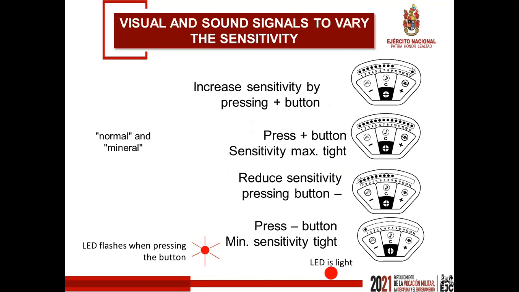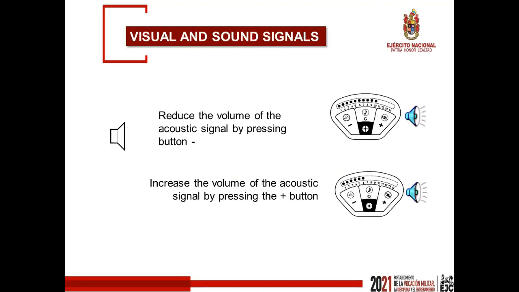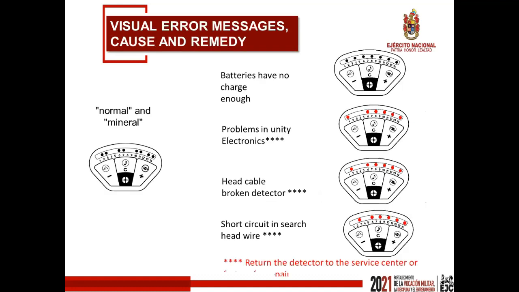Visual and sound signals to vary the sensibility when pressing the button plus and button less, the visual and sound signals when we need to reduce or increase the volume, pressing the button plus or button less, the visual error messages when the batteries are low, when we have problems in the electronic unit, in the hermetic head,